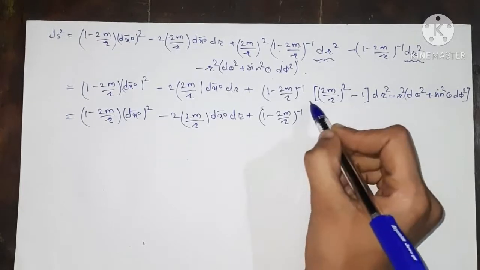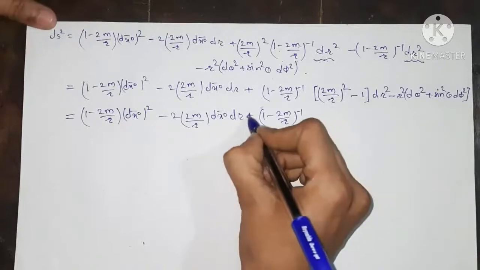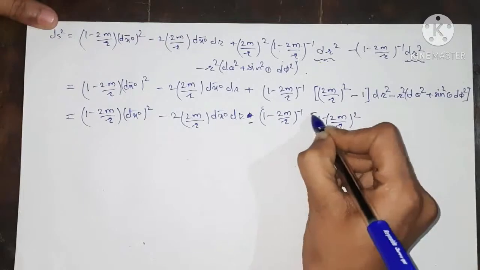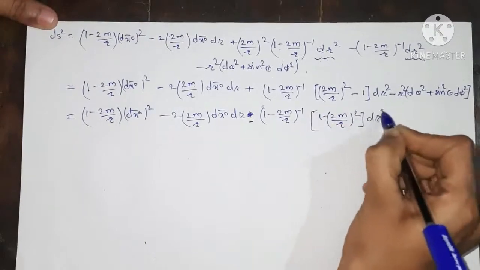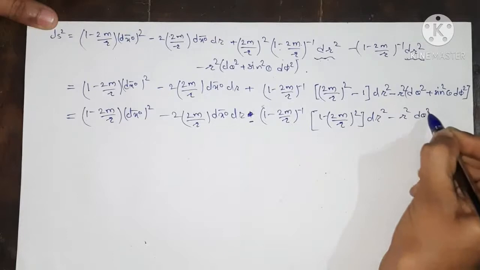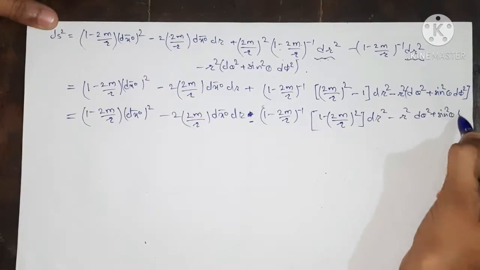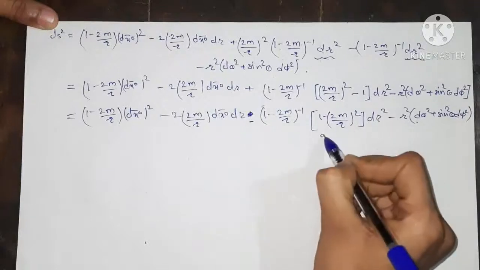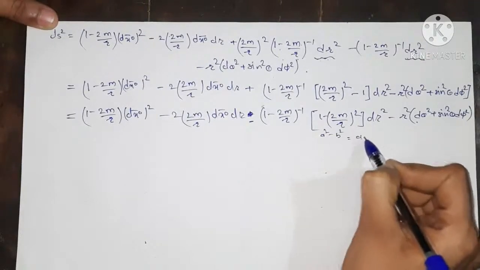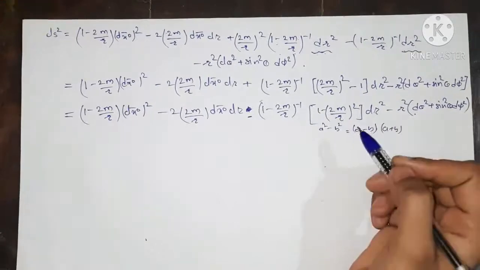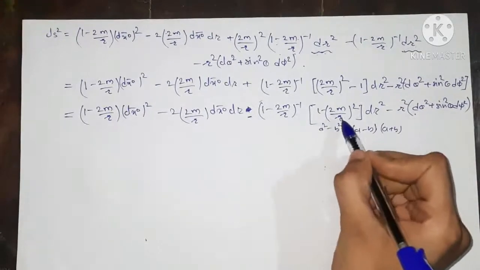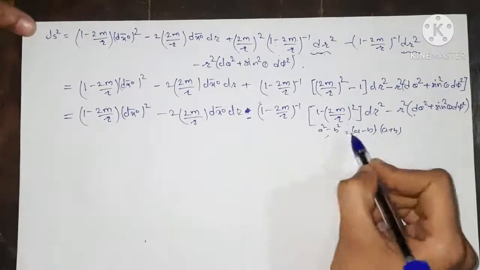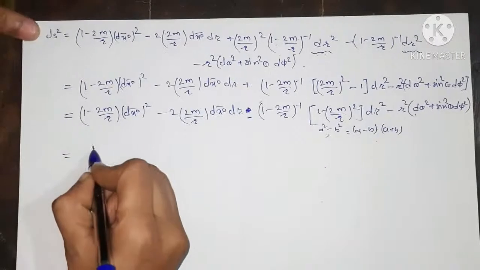here we can take the minus sign common. Okay, so we have here minus of (1 minus 2m/r) squared, right, dr squared minus r squared (d theta squared plus sine squared theta d phi squared). Now this is the formula, a square minus b square, which is equal to a minus b into a plus b. Okay, so we separate the term (1 minus 2m/r) squared, we apply this formula here, so this is equal to 1 minus